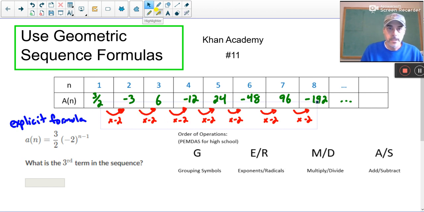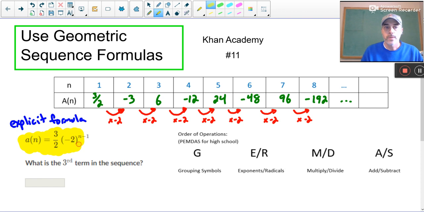That sequence is also represented right here as a of n equals 3/2 times the quantity -2 to the n minus 1 power. Now, that is a lot. There's a lot going on there. That's an explicit formula. And I want to just remind you that as we work through this, we're going to be using